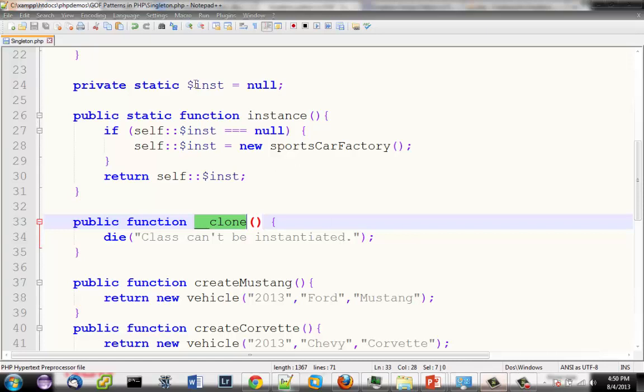But once I've got the singleton created, it will only return this single instance over and over and over again without actually recreating it. And so anything that's available inside of the single instance of this class will only be available once as well.